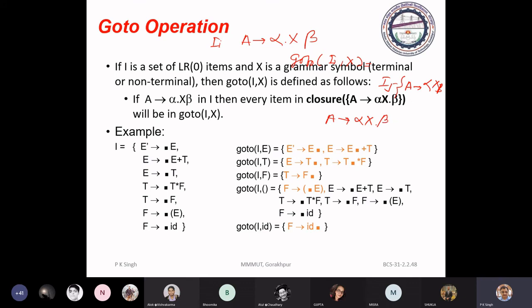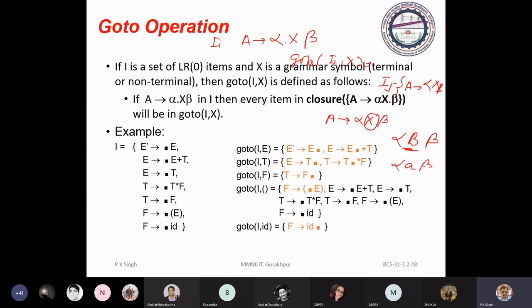You have to always consider the way of writing the grammar. If here I am writing X, it means it is a grammar symbol. It may be a terminal symbol or non-terminal symbol. If here alpha B beta, it means it is non-terminal.